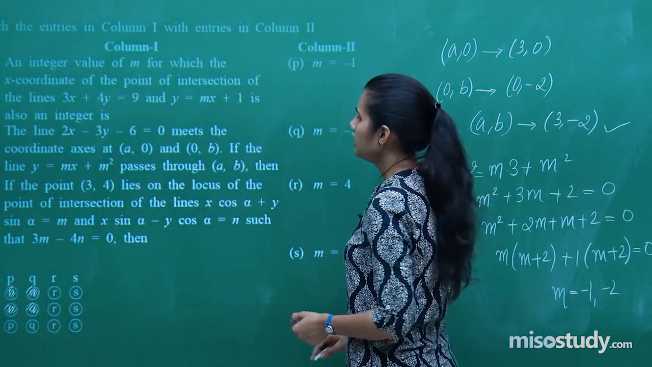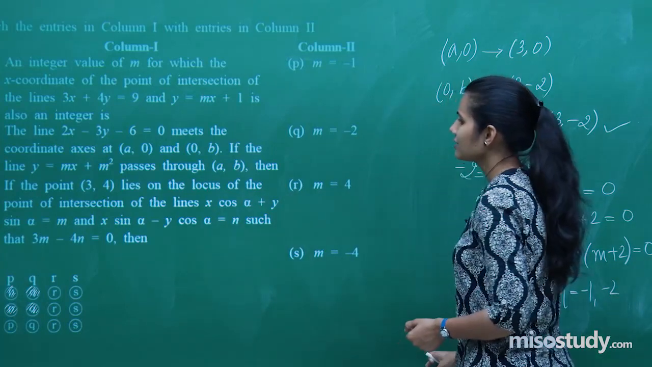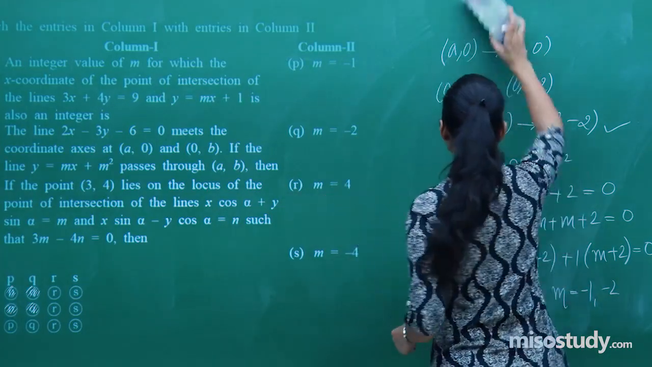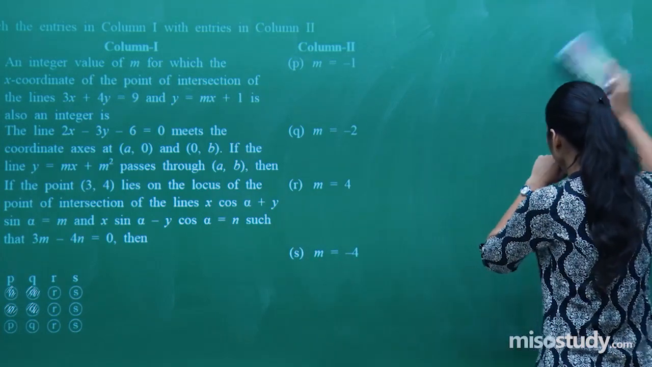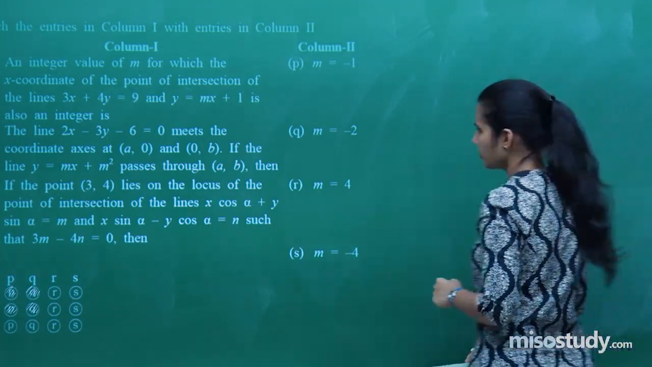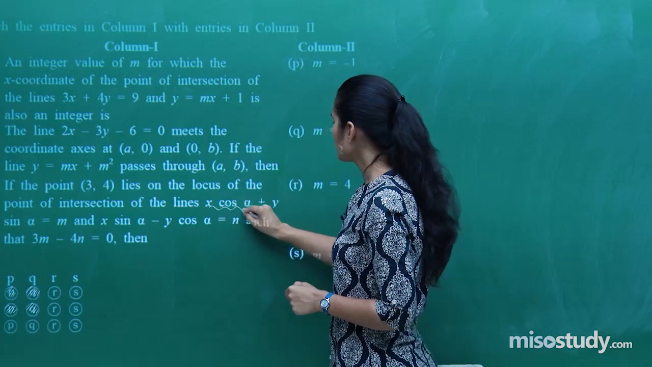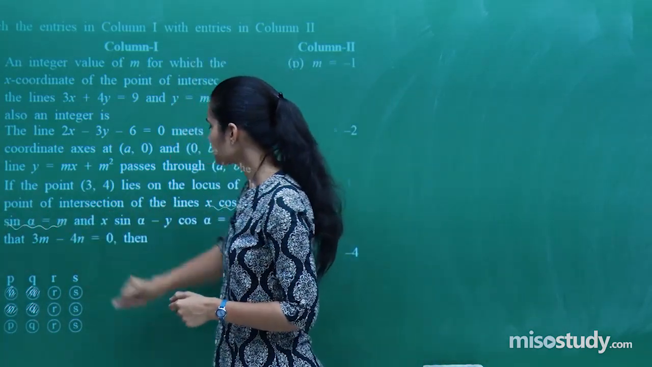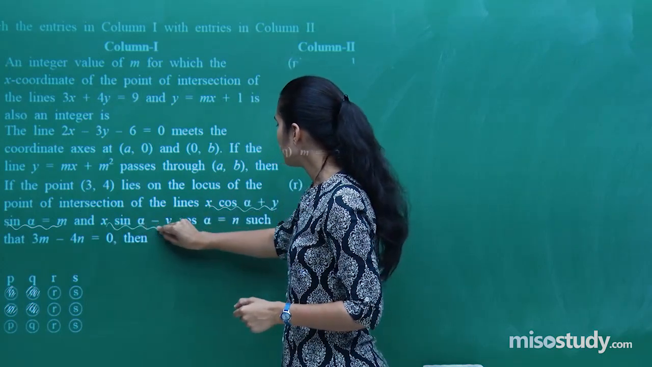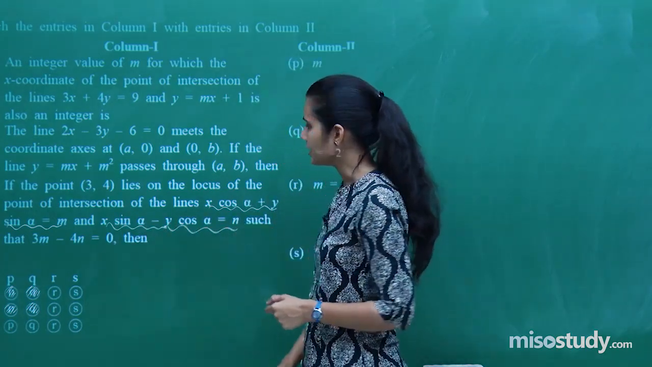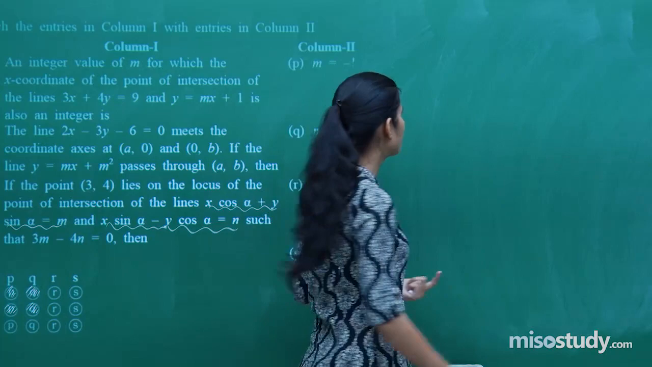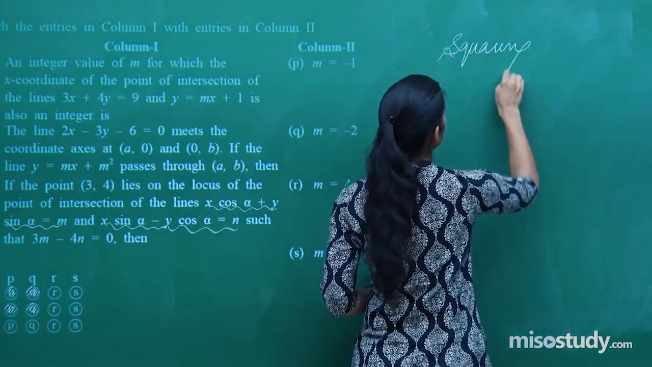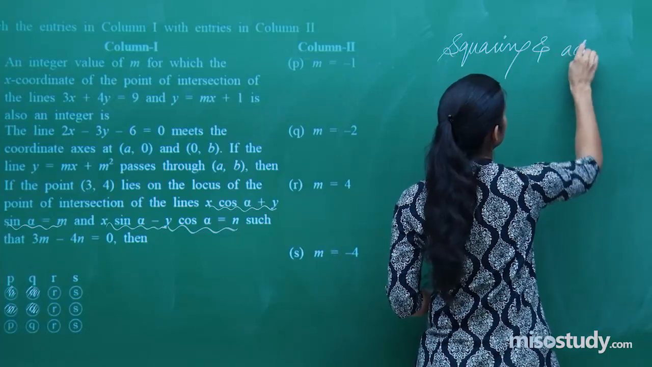Clear? Then you have, if the point 3 comma 4 lies on the locus of the point of intersection of these two lines. Let's talk about this. Line is x cos alpha plus y sin alpha equals m, and x sin alpha minus y cos alpha equals n. Just square and add both of them. Squaring and adding